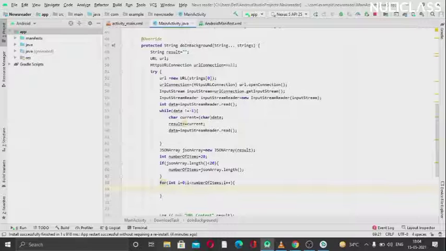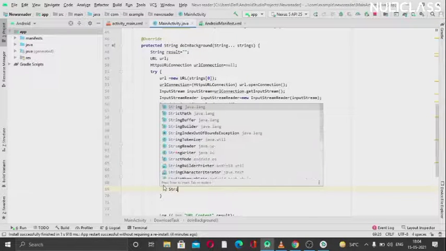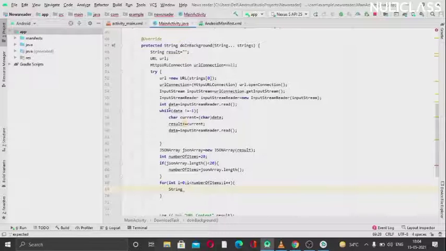To fill it we will create another variable of type string. We can use this code also, but we have already used result, so we can't use result again; we'll use a different string.